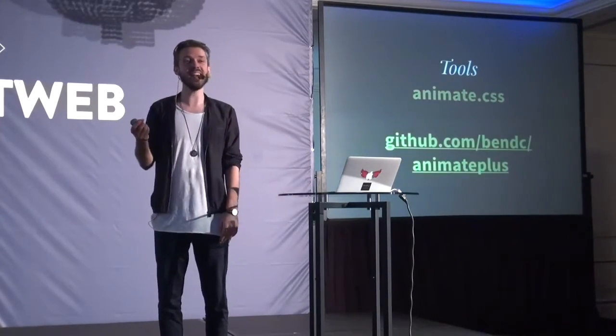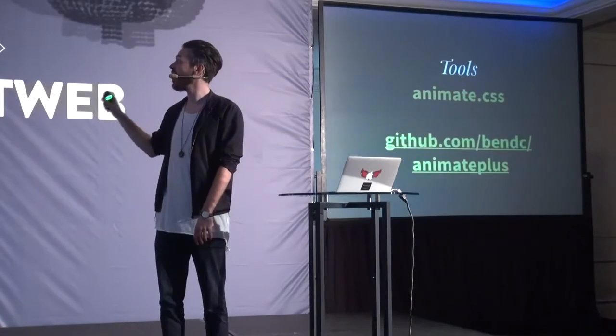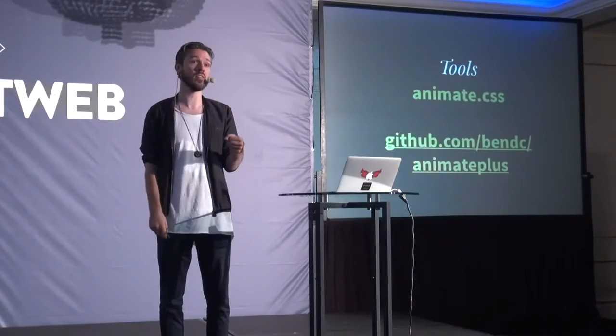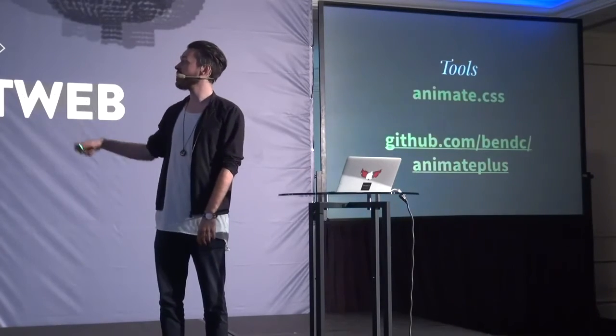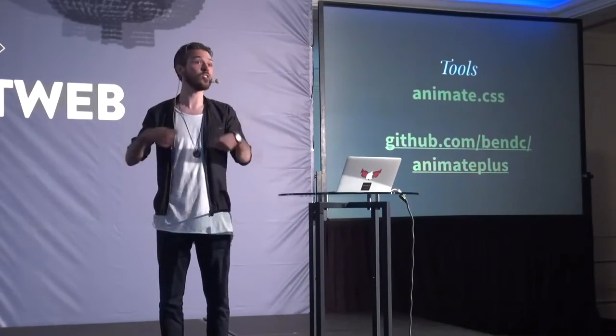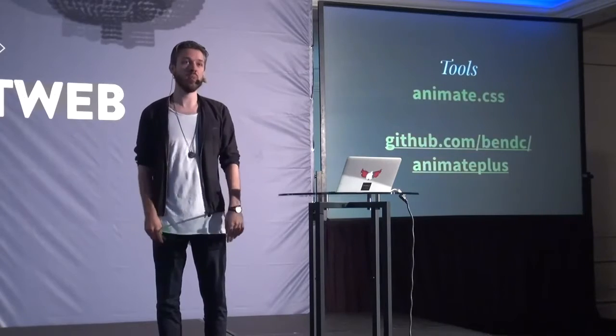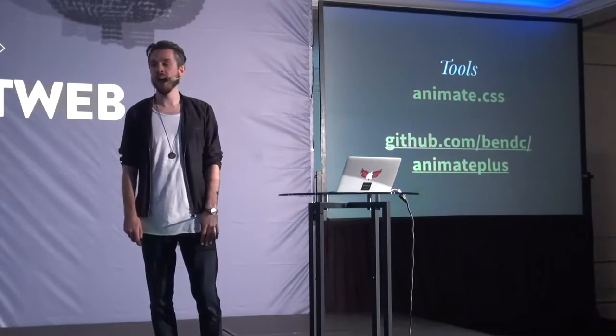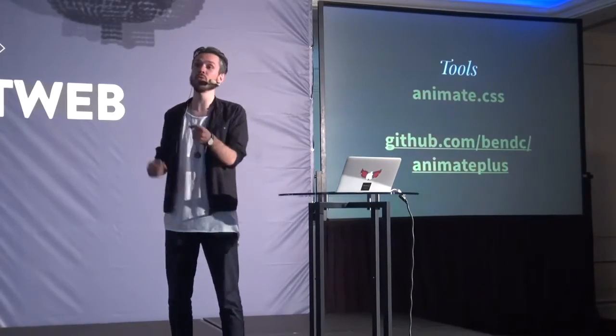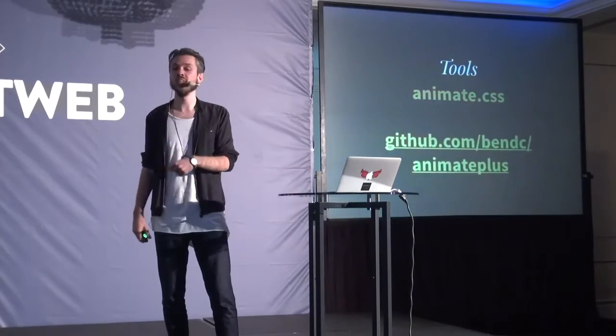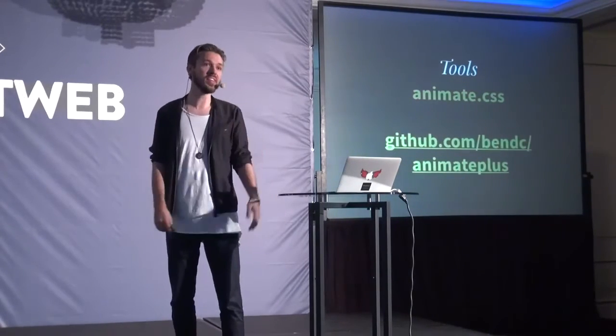If you're interested in just getting a ton of animation examples and seeing how that can look, anime.css is a great collection of any animation that you can imagine, done in CSS. If you have seen a landing page for Stripe, for example, stripe.com, we animate basically everything, and they're really good